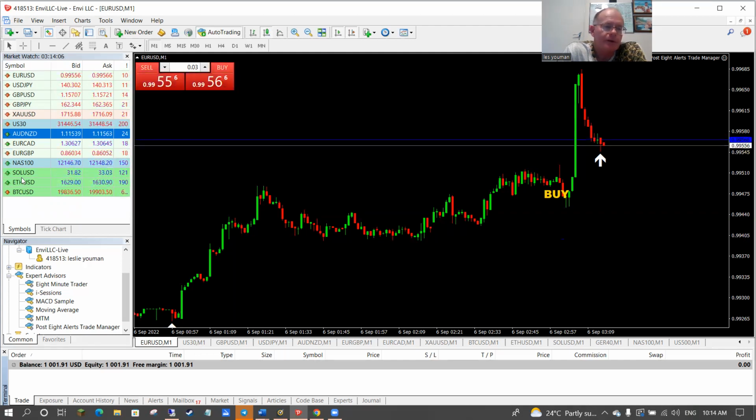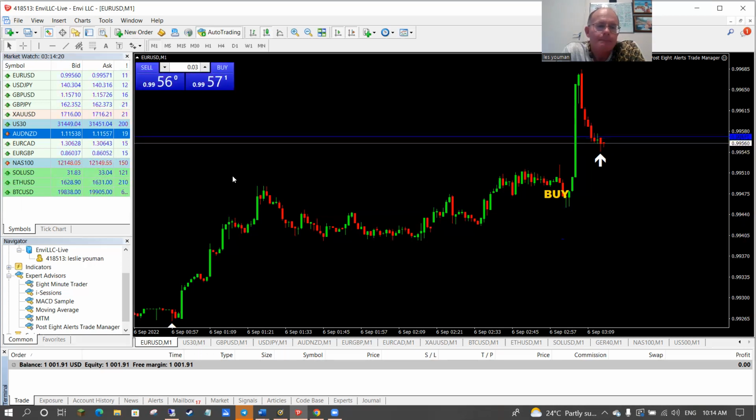So you can see I've got 3 crypto pairs here. And you can trade a certain amount of crypto on an MT4 platform depending on your broker. But what you could do also, if you had crypto on a crypto exchange like Binance, when you get an alert,